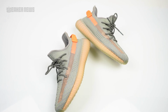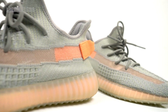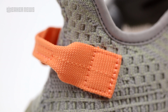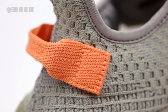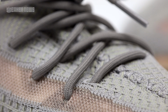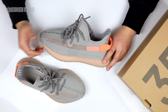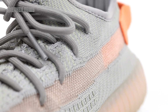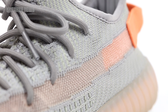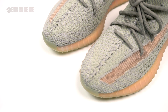So this right here again is the True Form colorway. Some people are calling it the TRFRM colorway. Nobody really knows what the TRFRM on the box really means, but if we had to say, TRFRM sounds a little bit more consistent because it has some tie to nature, because the other 2, Hyperspace, talks about space travel or kind of alludes to the colors of outer space, and the Clay is a nod to just mud and water. So again, this dropped on March 16th, 2019 for a price of 220 bucks, and it was available only